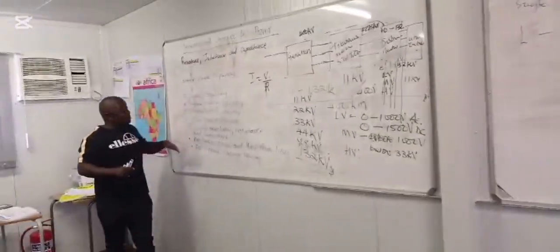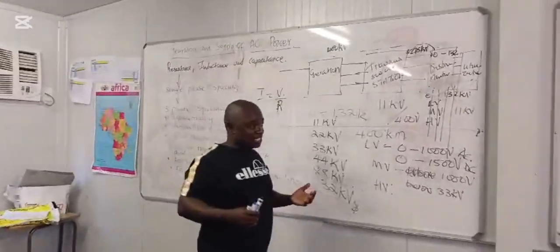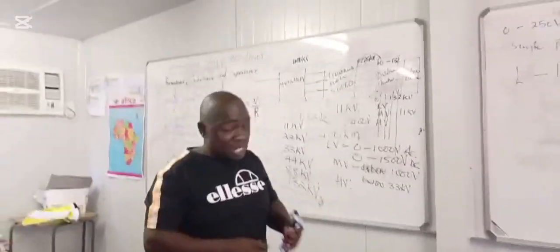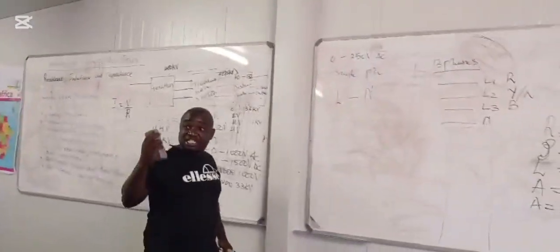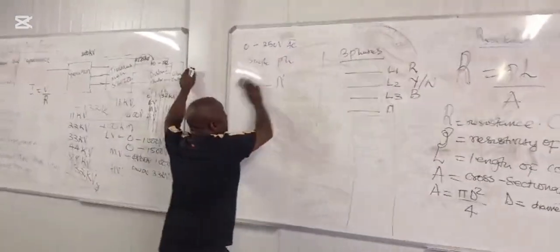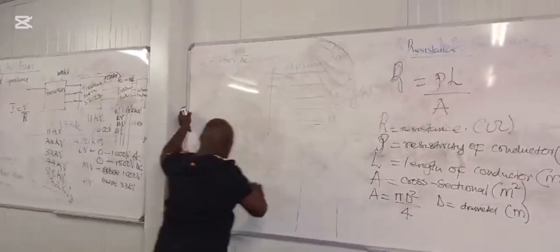Now we go back in here. I want us to look into the following. There are 3 ways in which the conductors can be spaced. Now, what are those 3 ways? The conductors can be spaced